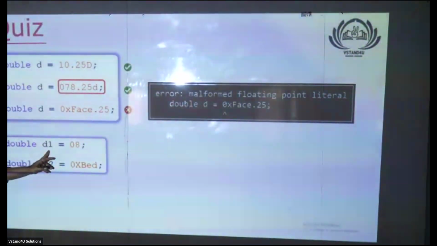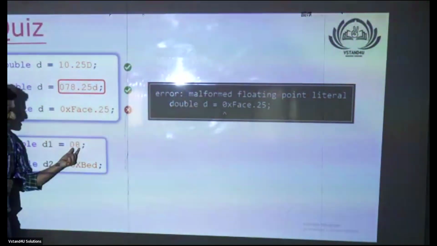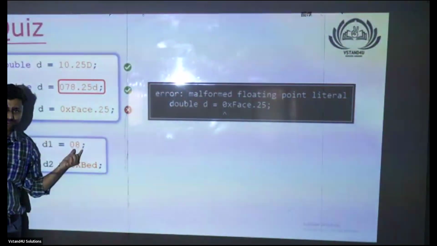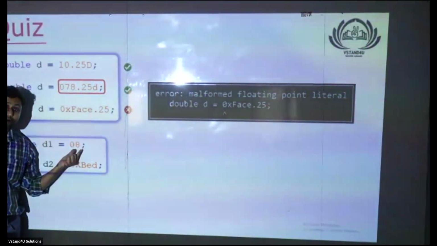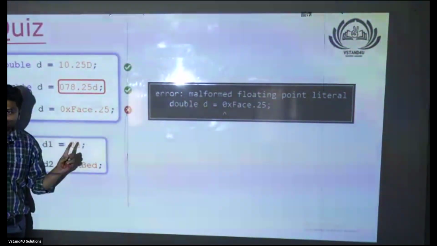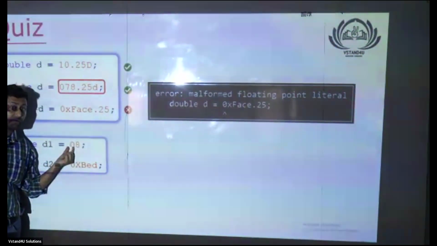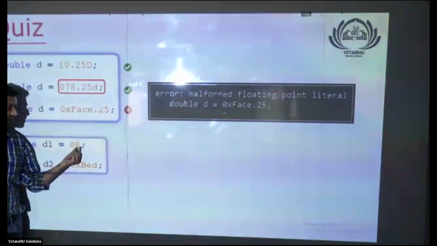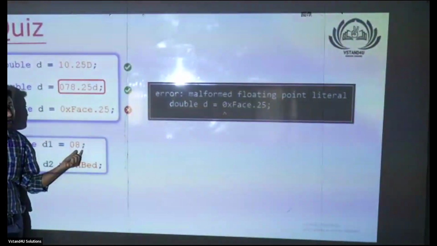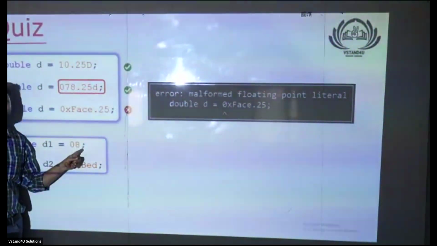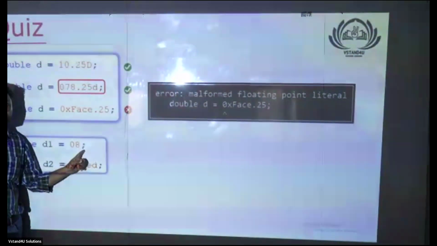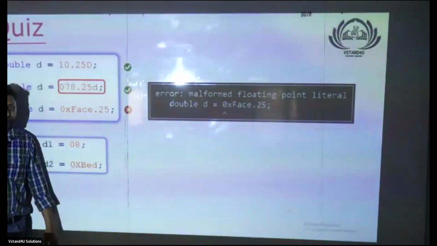Answer this. Is this allowed? Think, what is the topic going on? Data type or literal? Literal. So where should you focus? On the literal, which has a decimal part. Is it having a decimal part? Then by default, it is an integral data type. Integral data starting with 0 means octal, where 8 is allowed? Huh? Then it is not allowed. What is the error? Integer number too large.